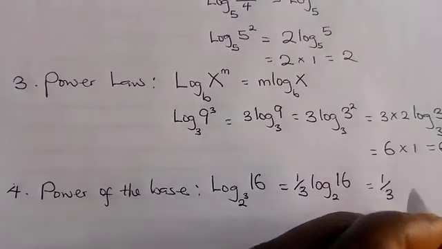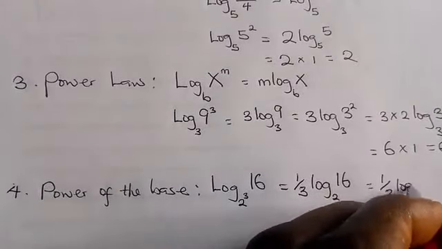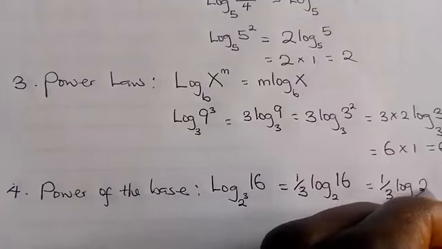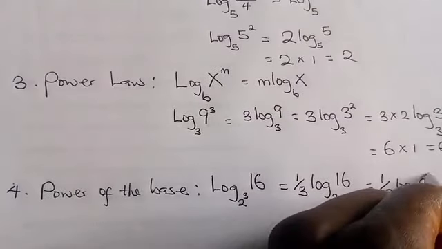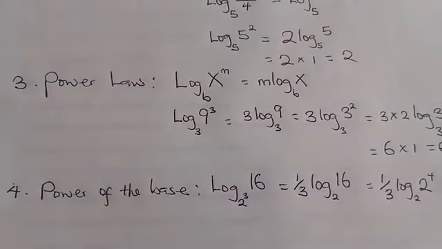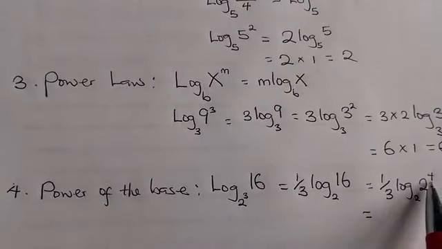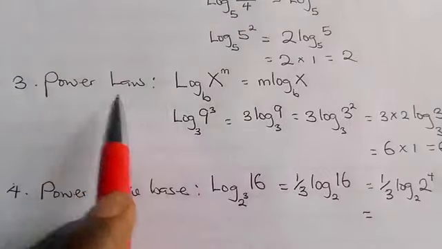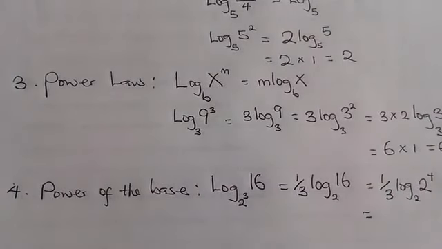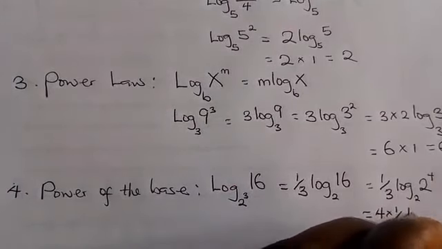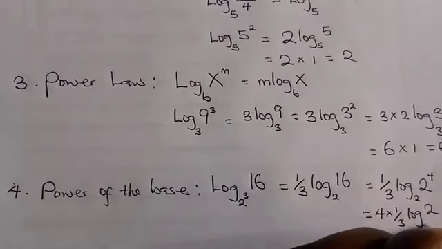1 over 3 log 16 to base 2 can be rewritten as log 2 raised to the power of 4, because 2 times 2 times 2 in 4 places will give us 16, and that is equal to, we have now a power here, that is power of 4. Based on this power law, we are going to bring that 4 and multiply by what we have here, so that we'll have 4 times 1 over 3 log 2 base 2,